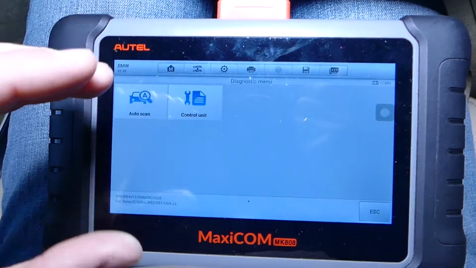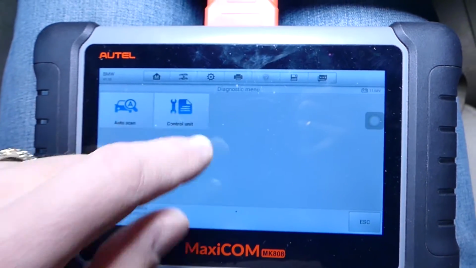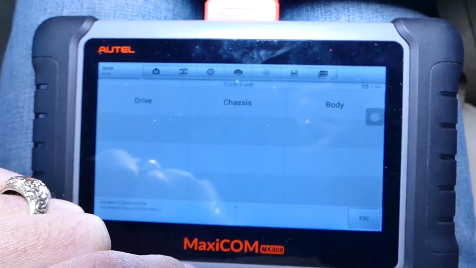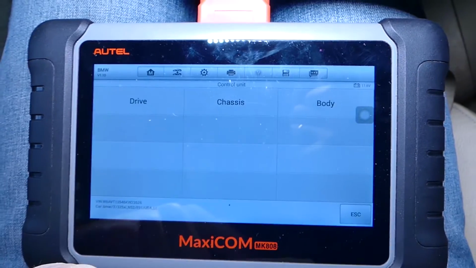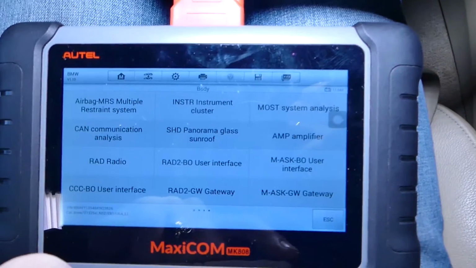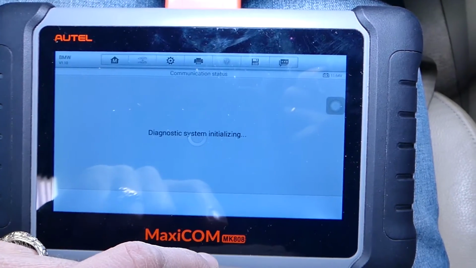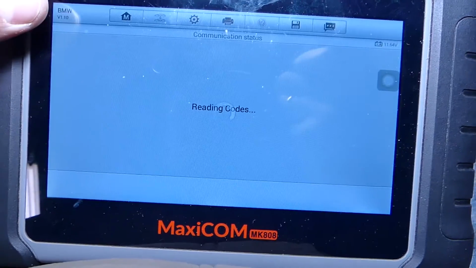So that computer here can be used on almost any car you can think of. Really good computer. I'm going to go to the control unit. I'm going to list it in the description of the video below, so if you want to check it out. The airbag system is part of the body system, so we're going to select body now, airbag, and here we're going to read the codes. And check out now, that code